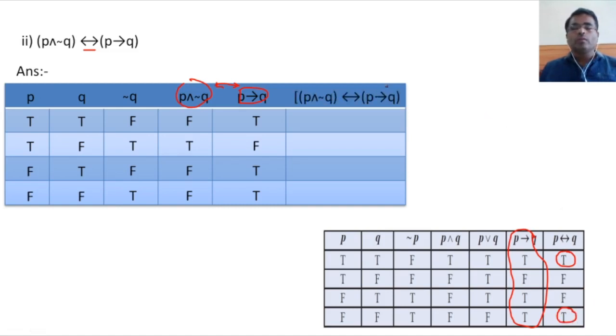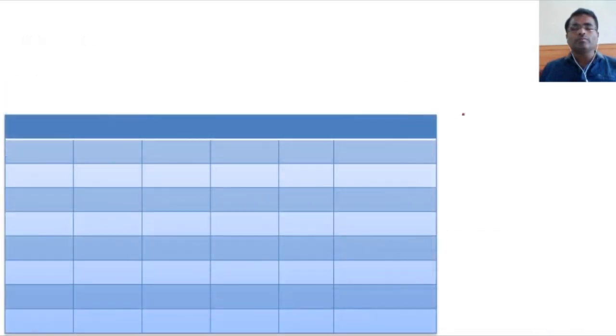That's why, while considering the double implication, you will observe that nowhere is there a true-true or false-false combination. Therefore all the resultant values are false only. Hence we will observe that all the resultant values are false only, therefore this is a contradiction. Then the next example, that is the third one: P and Q if and only if Q or R.